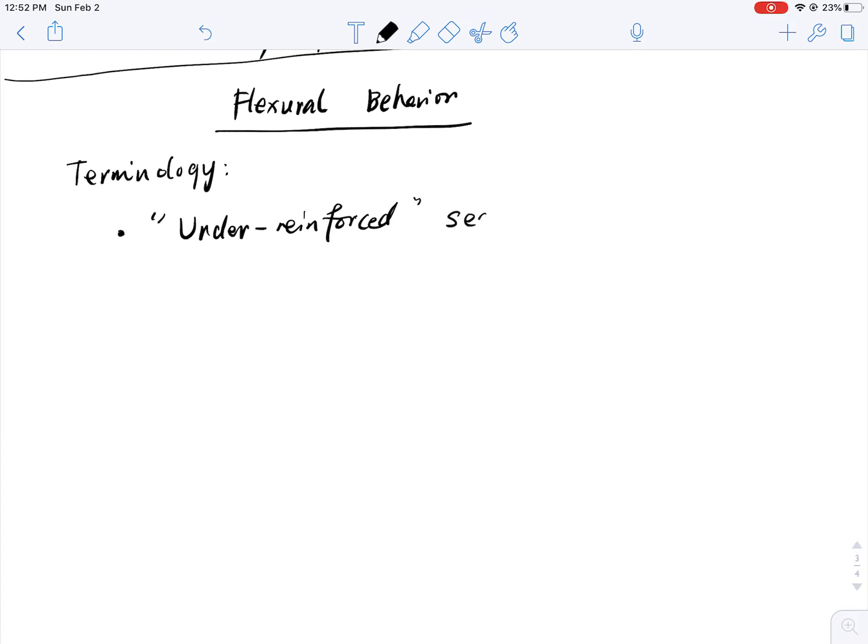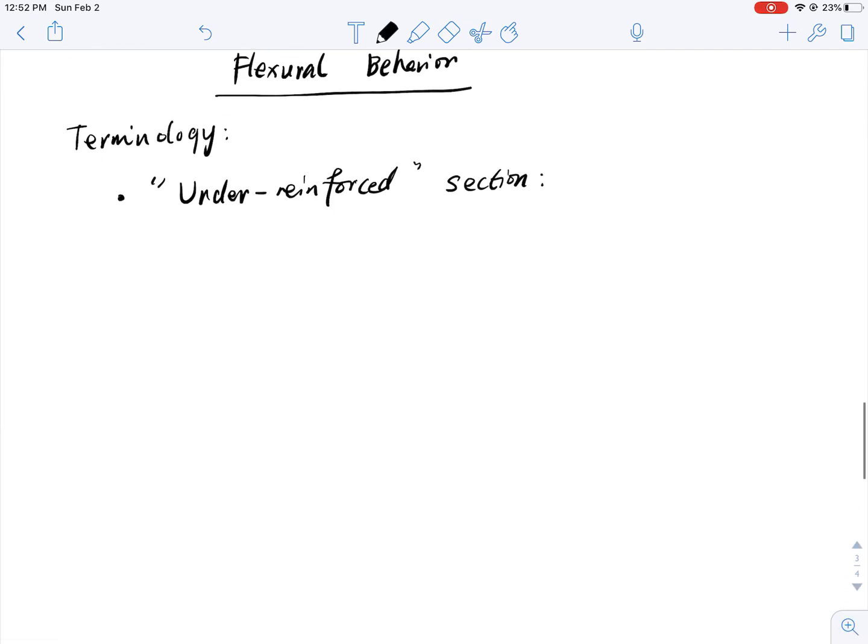An under reinforced section means the reinforcement in tension, be careful, only the reinforcement in tension zone yields